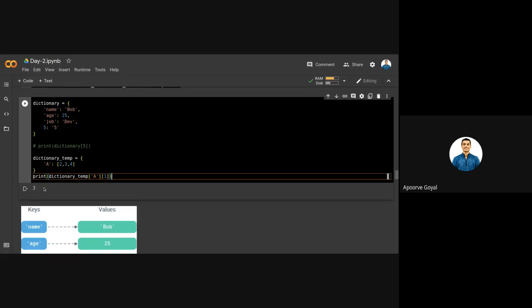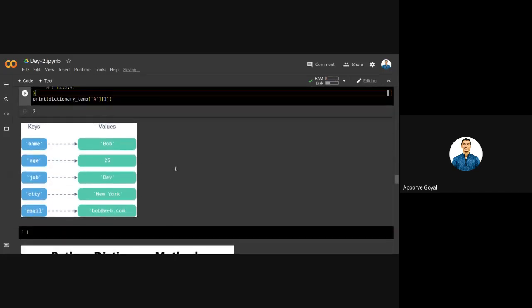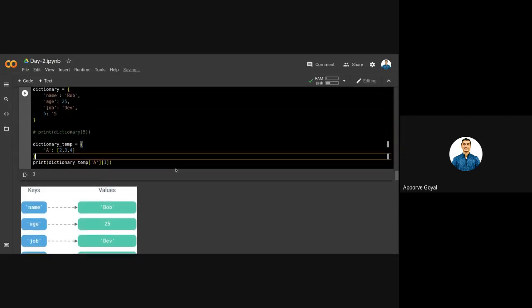So now when I run this, I will get the element 3. This way you can define a list, you can define even tuples that we will come towards later on. Okay, so we will learn about that later on. And you can access any element in a dictionary. So the basic purpose of dictionary, I've already told you why we use dictionary and what is the need to use that. So that must give you a pretty good idea about what dictionary is used for. So if you have no doubts, then I can move ahead to another topic.